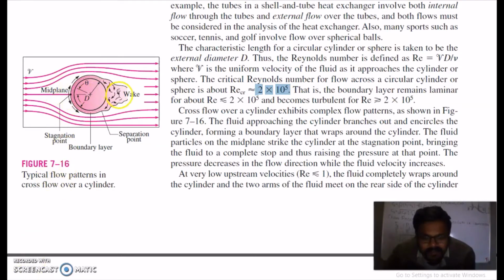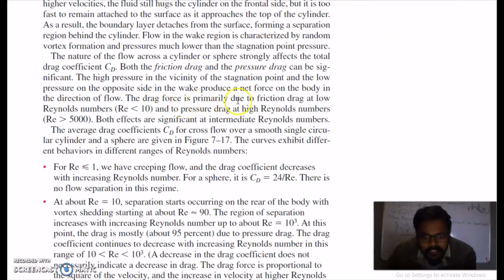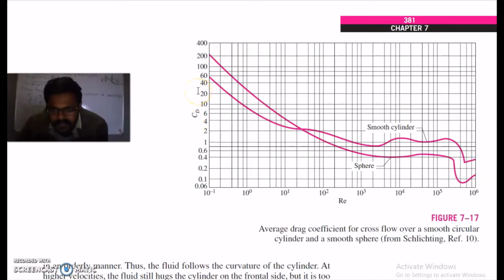So if there is a pressure difference between this end and the back end, due to which pressure drag is produced. So in this case of cylinder or sphere, pressure drag and friction drag both are responsible and they will lead to the overall drag. The drag force is due to friction drag at lower Reynolds number and due to pressure drag at higher Reynolds number greater than 5000. This is your average drag coefficient for cross flow over a smooth cylinder as a function of Reynolds number,